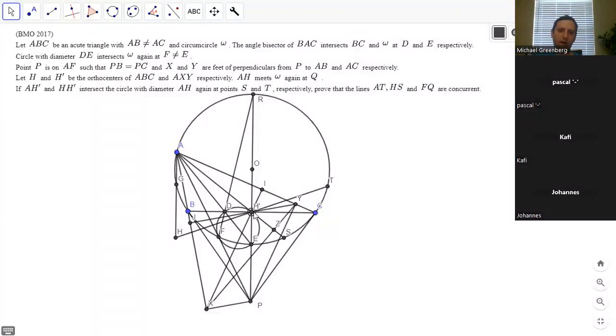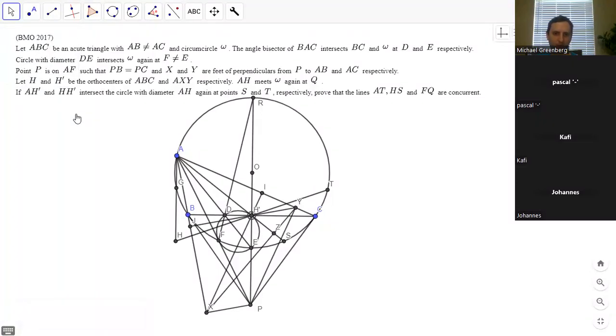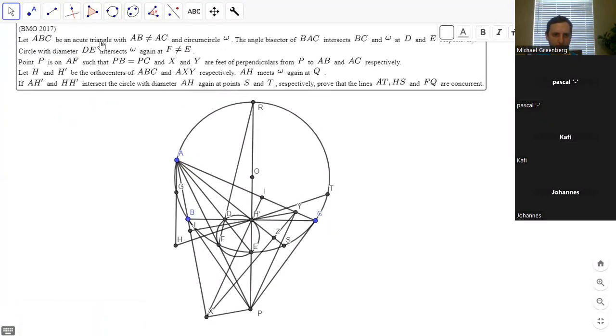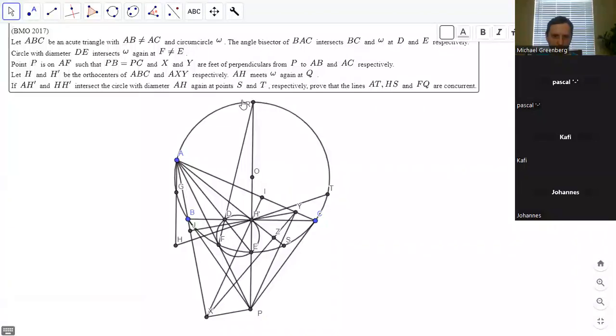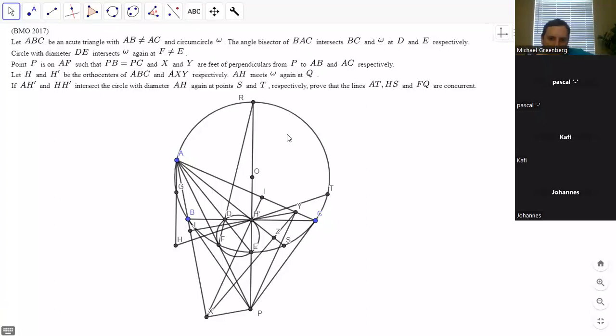So yeah, I mean, I could hide a lot of the figure, if you're saying that would solve the problem. Yeah. I don't know. I can't really tell what's going on in your sketch. But